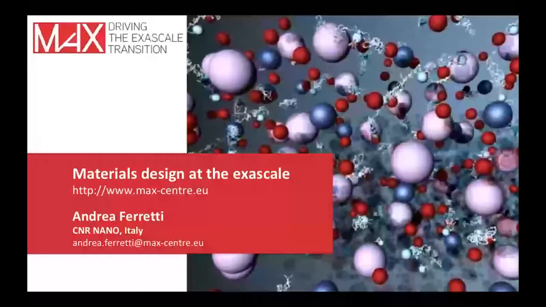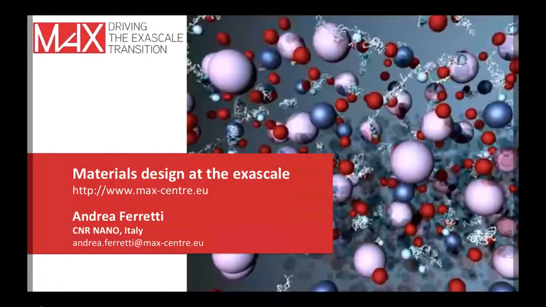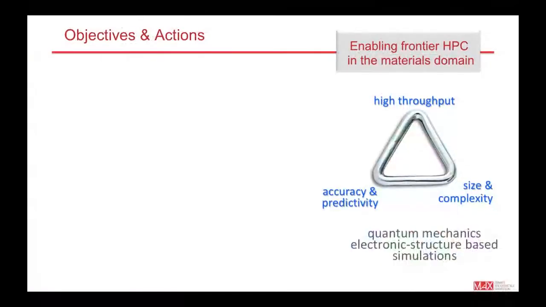My name is Andrea Ferretti, and in the present context, I'm from CNR Nano, Modena, Italy. Here I can describe myself as a domain scientist running electronic structure simulations, but also active in developing electronic structure codes. I'm mostly involved in the Quantum Espresso project as well as the YAMBO project, that is another code for GW and many body perturbation theory, and I work within the MAX initiative, that is materials design at the exascale. And I'll try in these 10 minutes to give a brief overview of what we've been doing,